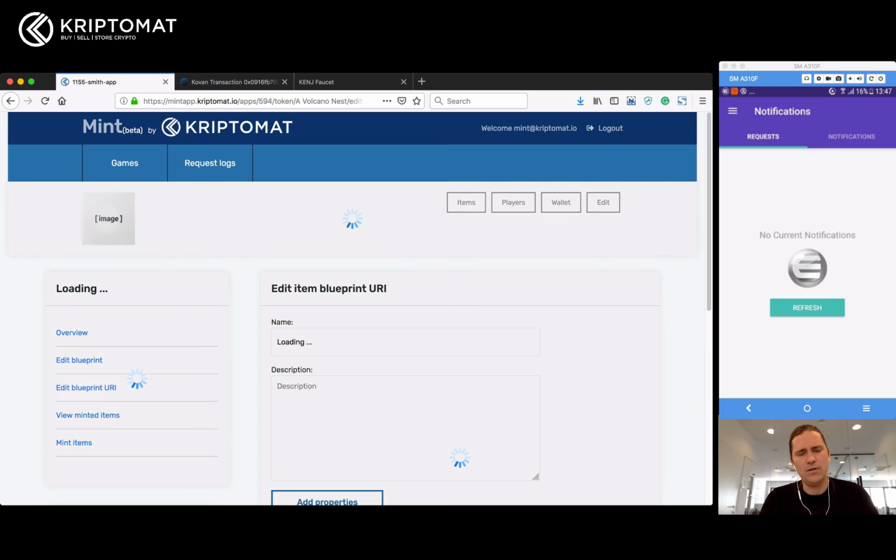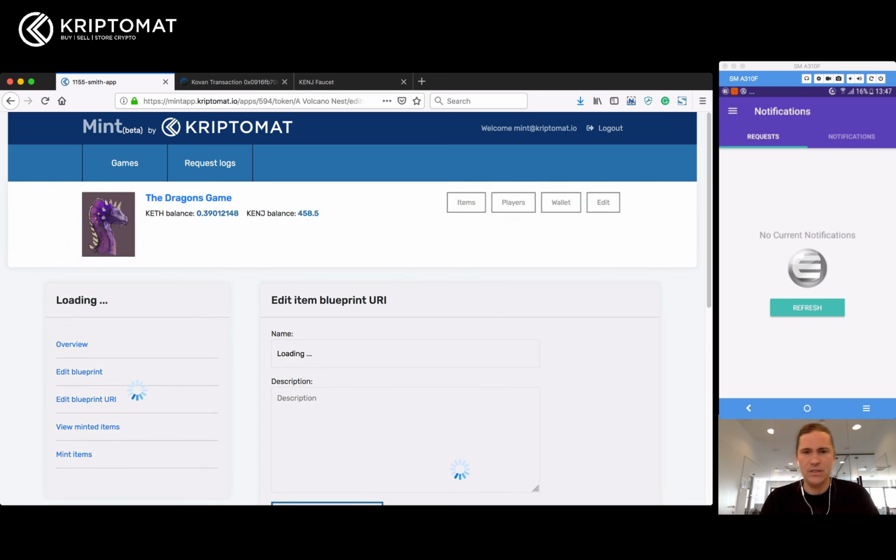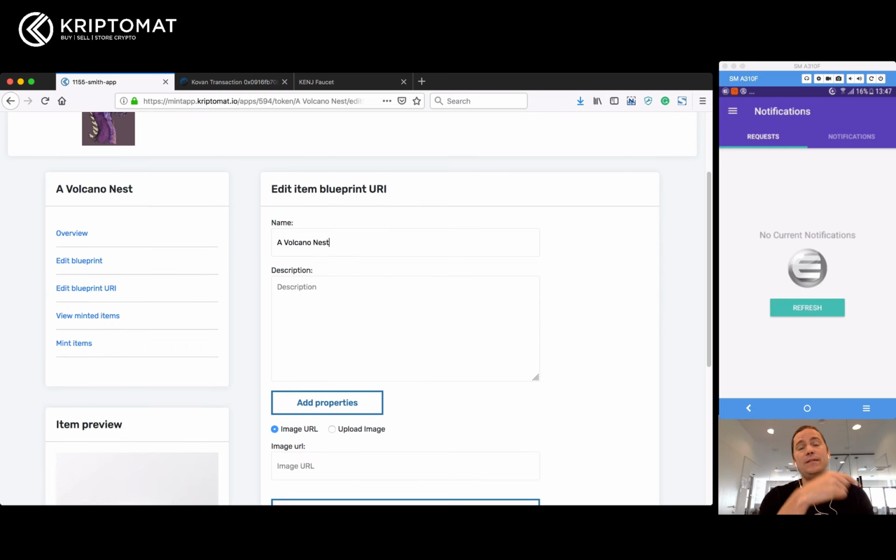Maybe we should put a more user-friendly name here, but anyways, I can create a fantasy name for this, so it can also be different from the name that we created with the blueprint, because the name that we used on the blueprint is a name that we can reference programmatically. So in that case, I could have just named it game item 1, game item 2, game item 3, if that makes it easier for me to manage my stock and whatnot. In this case, I will call it a